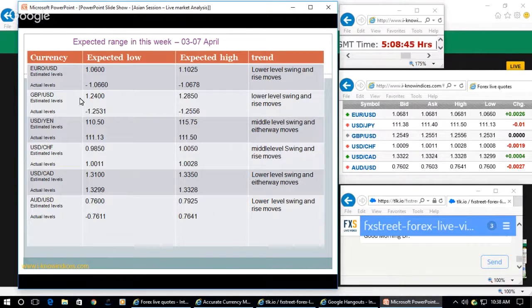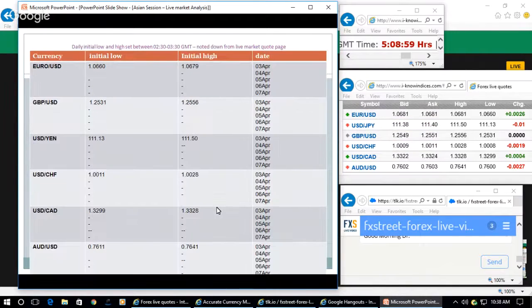So you find that currencies will be range bound again during this week, but initially they will make the slide and then rise and again slide. That sort of moves that they are expected to do during this particular week. Now let us do the market reading in order to find out how exactly the players are expected to make the moves. In the case of euro, they set